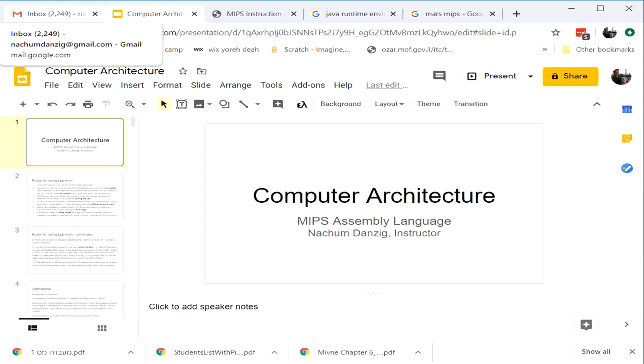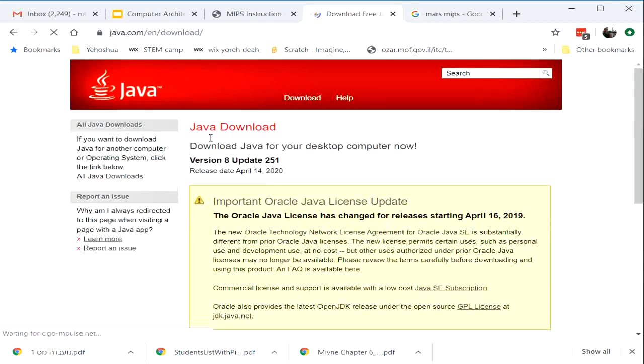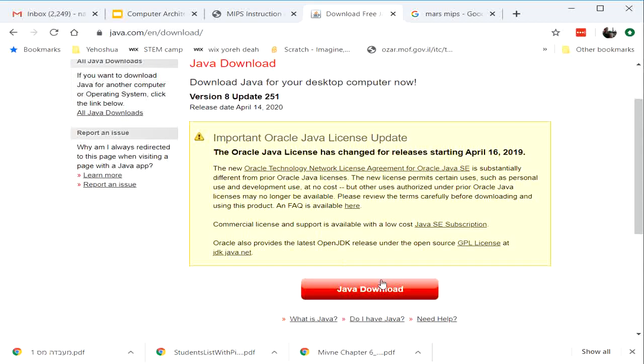So the first thing I want to show you is how to install or download the simulator that we're going to use for the course, for the lab. And the first thing you need to do is go to Google and type Java Runtime Environment. Then you will get these results, and you click on Java Runtime Environment, and you click Load. You click on Java Download,